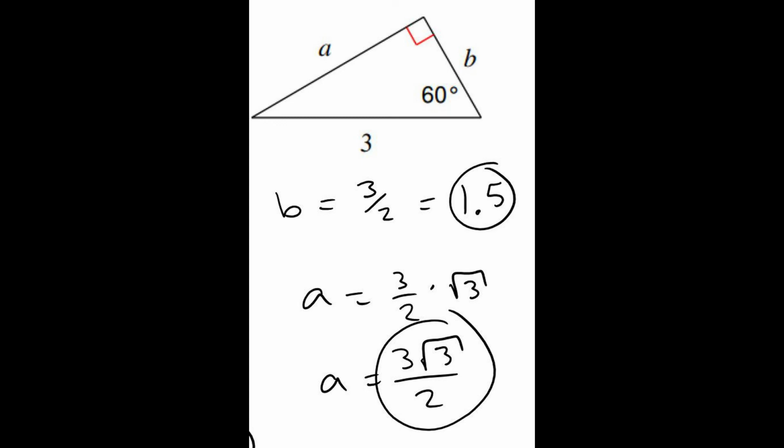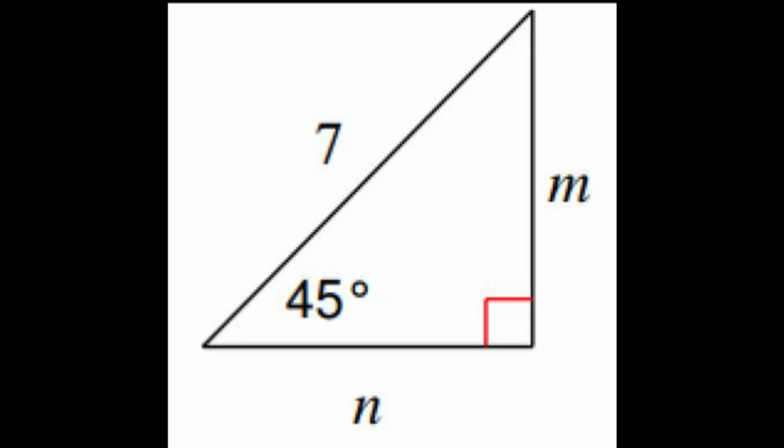And that's it. All right, let's talk about number 18. Now, number 18 is the last one I'm going to do. This one, they gave you the hypotenuse on a 45, 45, 90. So m and n are going to be the exact same thing. So you find one, you know the other. And what we're going to do to that 7 is we're going to divide it by the square root of